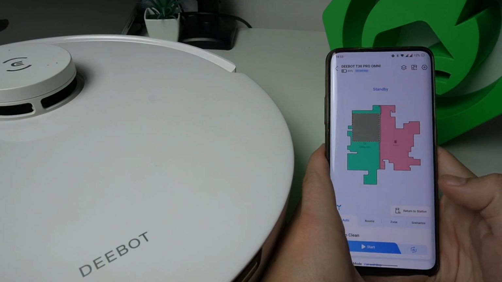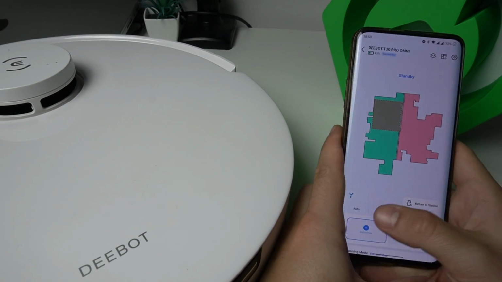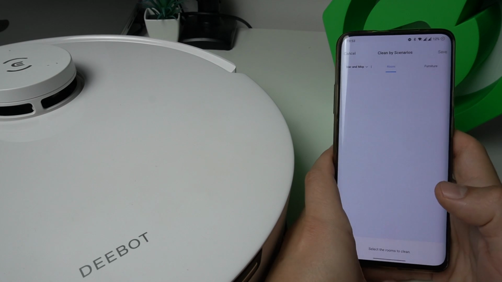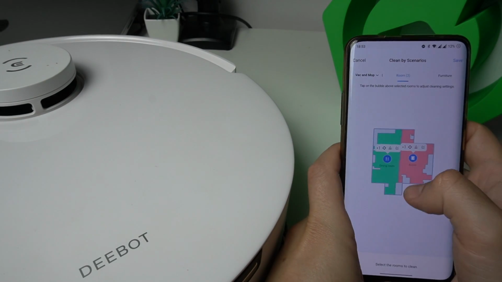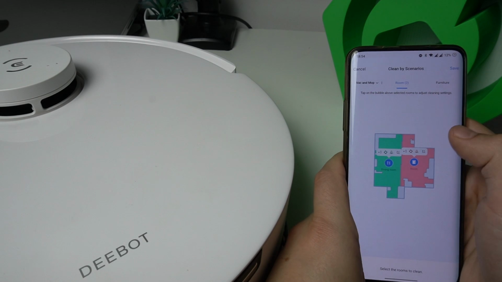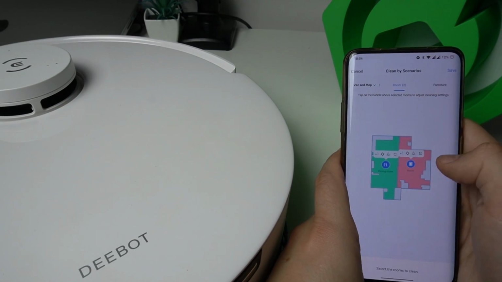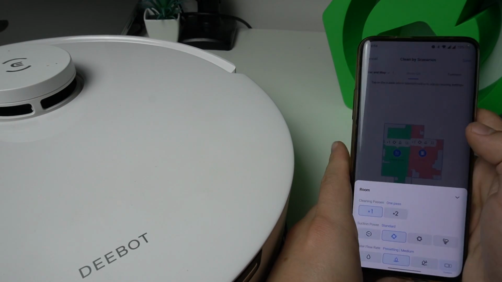First, open the application, select the last tab and click on the Customize. Now you can select the first room to clean and the second one. Now if you want to adjust the settings for each room, click on the small edit icon, and if you